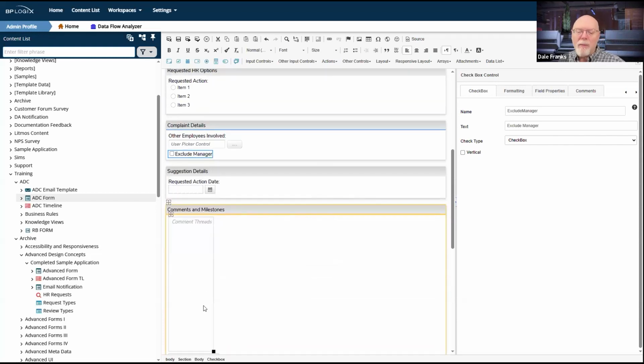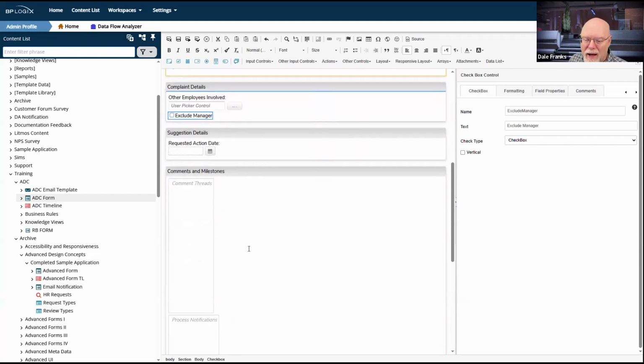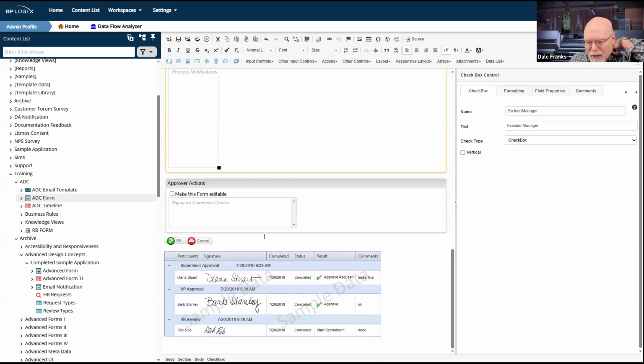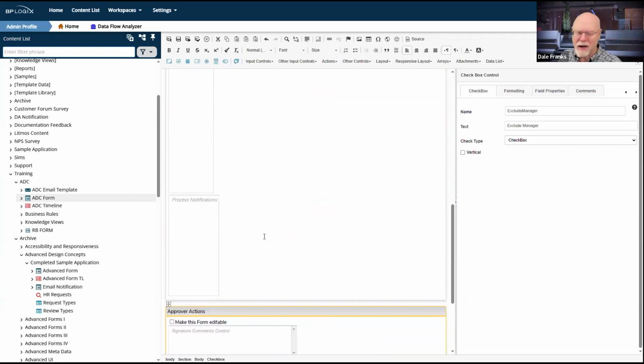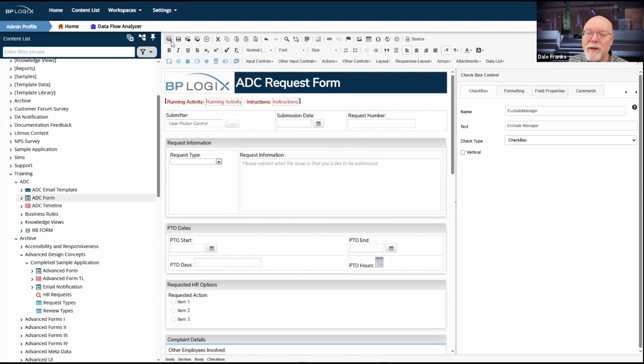And so the form and the process timeline interoperate. And I'm going to have process timeline conditions that are based on form fields. And obviously in the form itself, we've got some timeline condition stuff that we'll need to look at a little bit later. I think I'll have to check that. I'm probably not going to get to it this week, but we'll need to be sure that the form and the timeline interoperate properly. So we're probably going to have to come back to the form, but for now, let's go take a look at the process timeline.